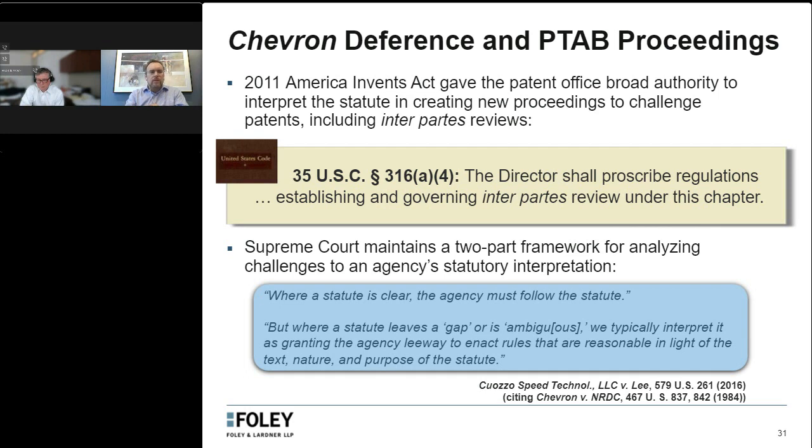proceedings and PGR proceedings as well, of course, was just very broadly granted to the director to prescribe regulations establishing and governing inter partes reviews. So 35 U.S.C. 316(a)(4). So just a very broad grant of authority to the director to establish these proceedings. And so that kind of opens the door somewhat to trying to challenge the rules and regulations and other things